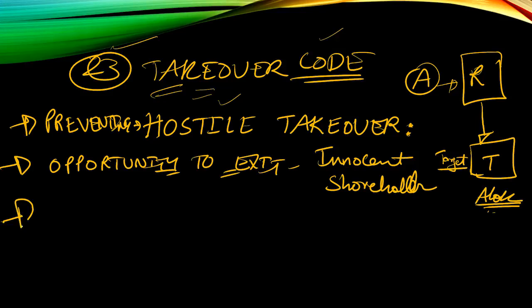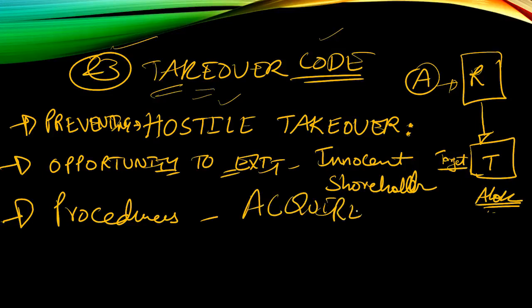Then what else should be in your mind? In this chapter we study the different procedural aspects for the acquirer company and the target company. So don't forget the acquirer company, I already gave you an example, and then the target company. These things you should remember and know very carefully, and that will make you understand what this particular takeover code is. If you have this in mind, it is sufficient for the time being. Then we come to the